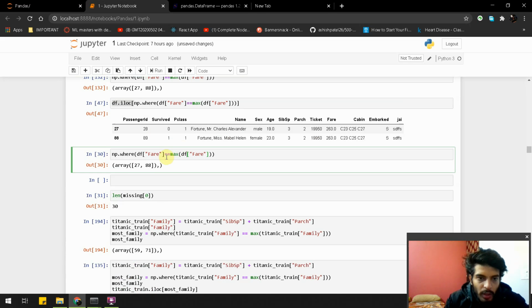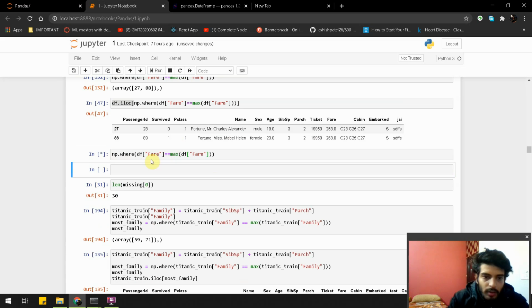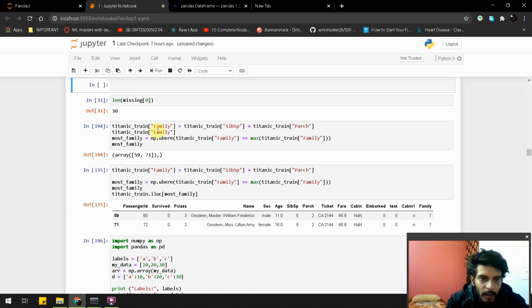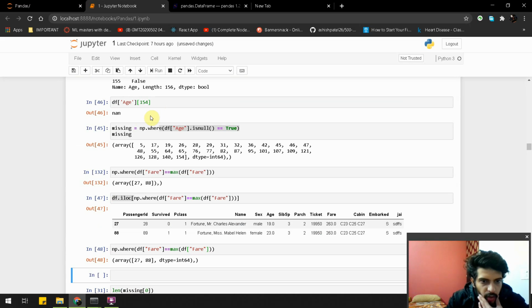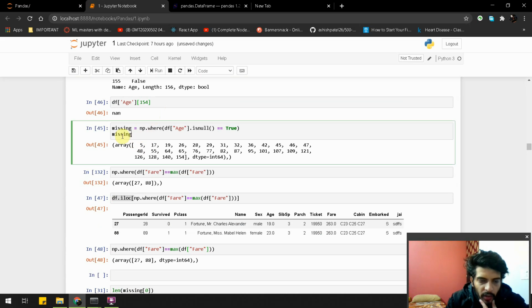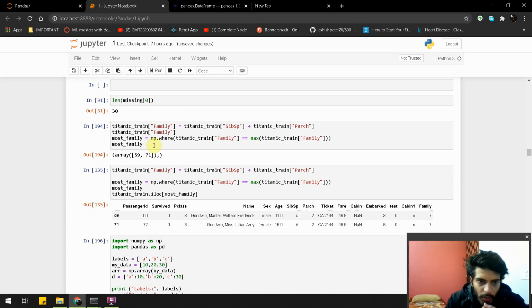Next we have the same function, length of missing zero. Now we can see we have missing as this.